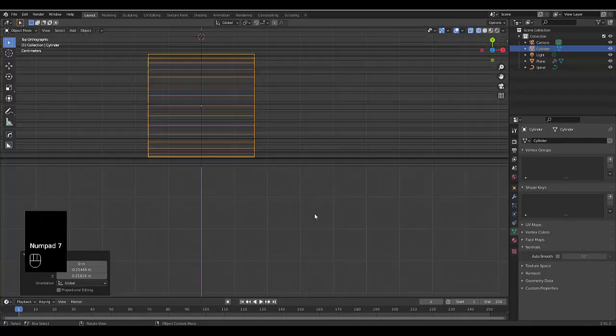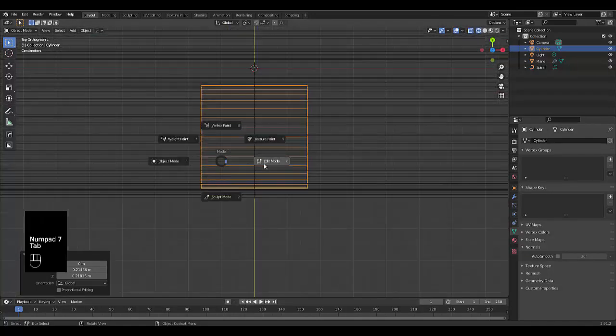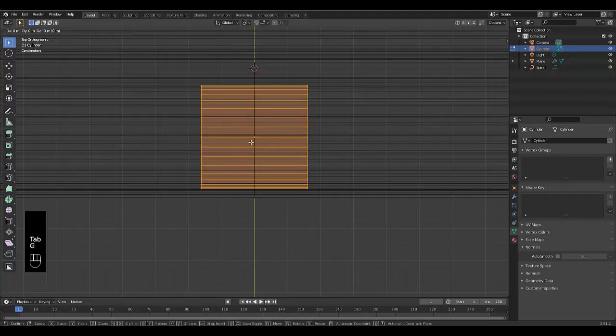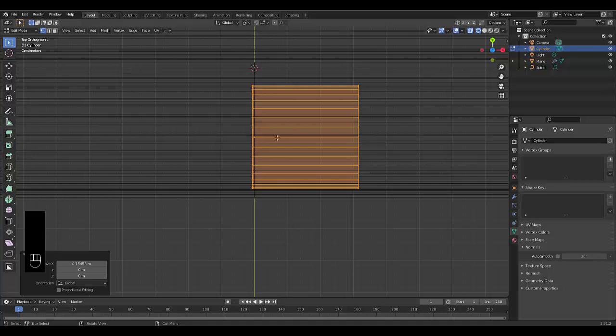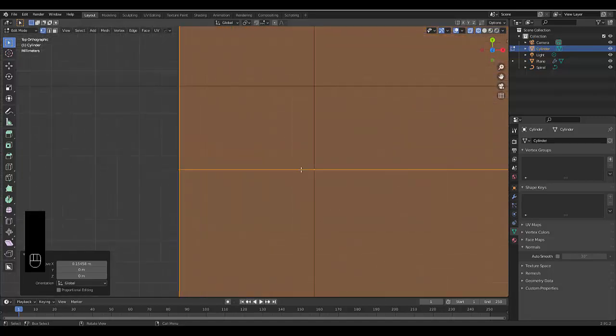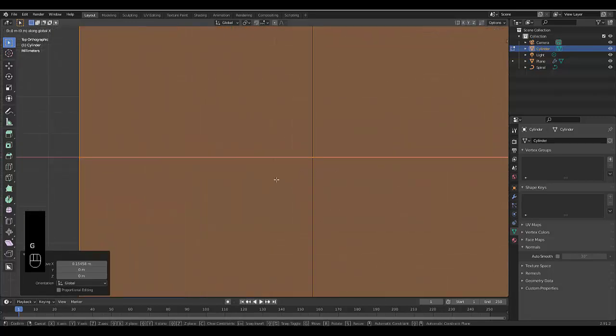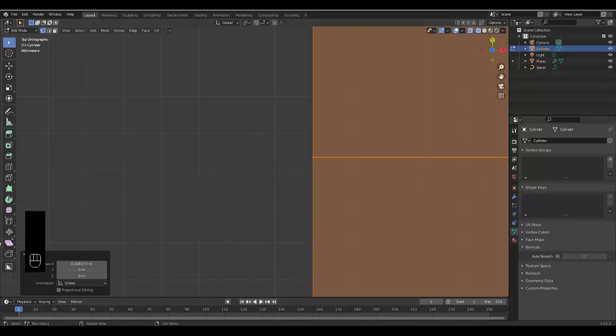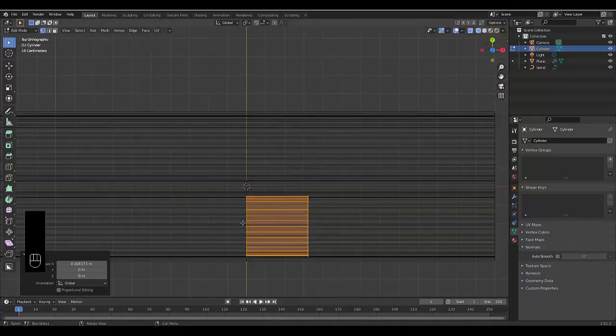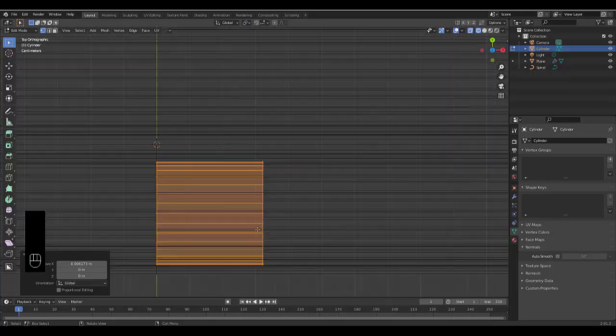And press numpad 7, press Tab, go into edit mode, press G, X, and bring this in here, zoom in. G, X, bring it all the way in, hold in Shift for accuracy, and click. Once you're happy with what you've done, you've made the center of the edge there, you can press 3 to